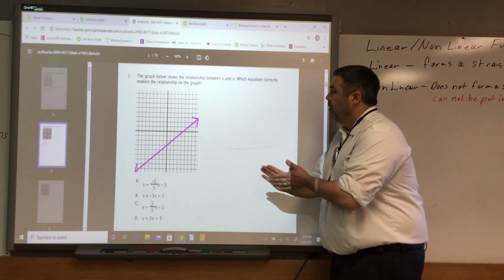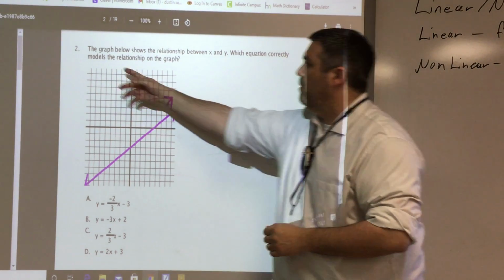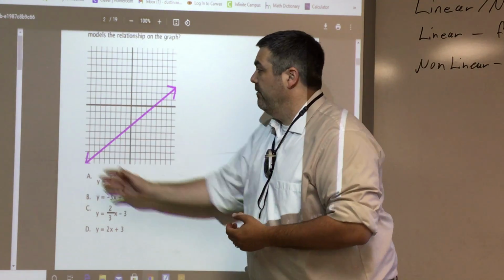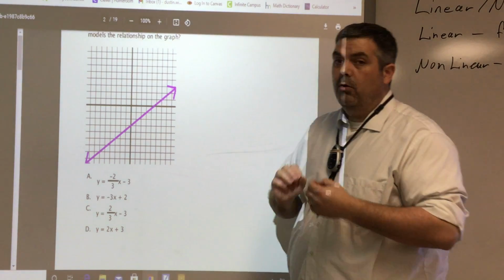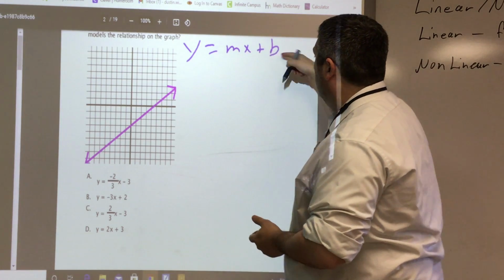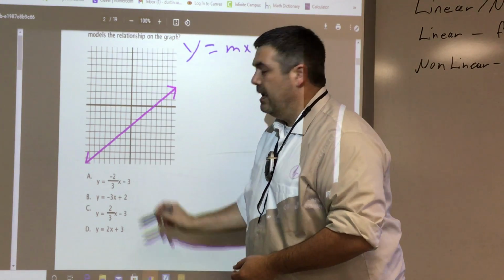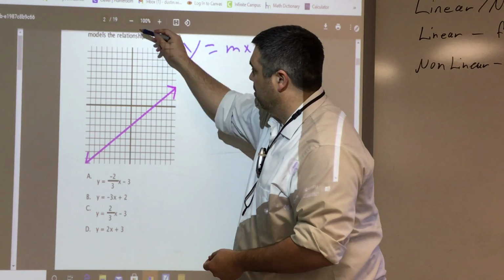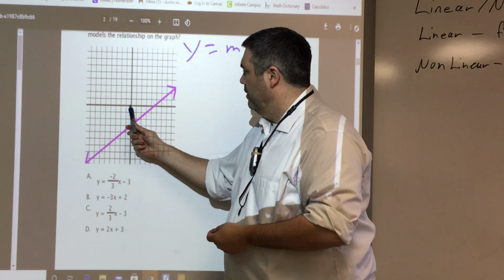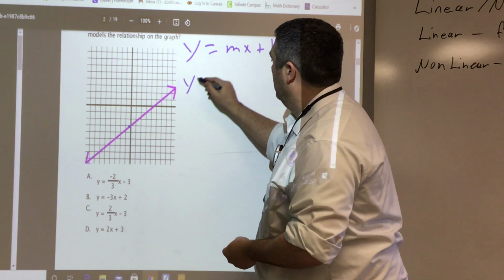Number 2. The graph below shows the relationship between x and y. Which equation correctly models the relationship on the graph? All right, so now we have a graph. We know that we're putting it into slope-intercept form, y equals mx plus b, and that b is the y-intercept. It's where this line crosses the y-axis. Well, where does this line cross the y-axis? It crosses it right there. You go down 1, 2, 3. So y equals,